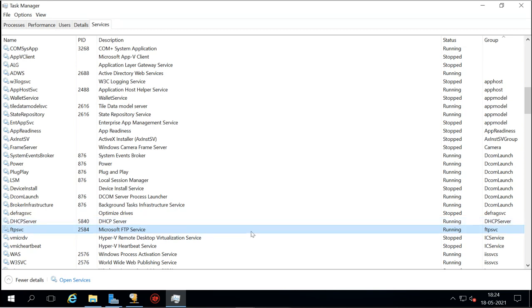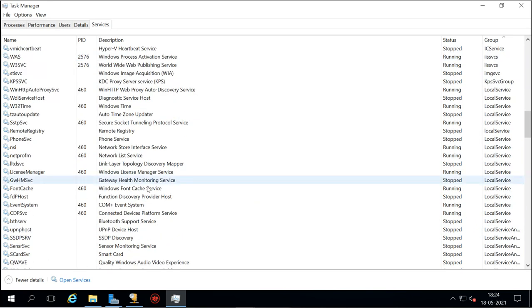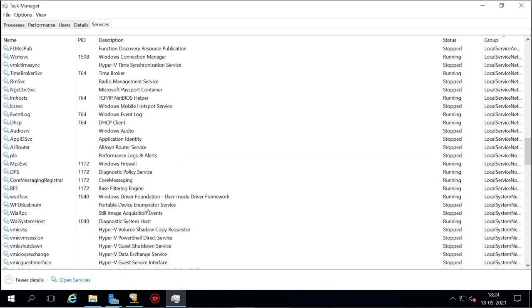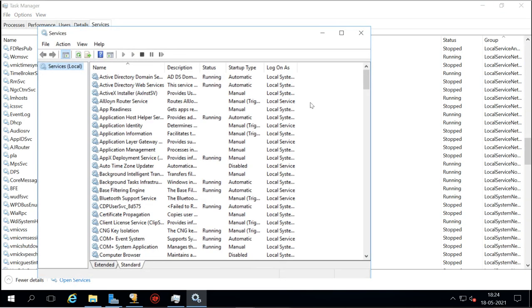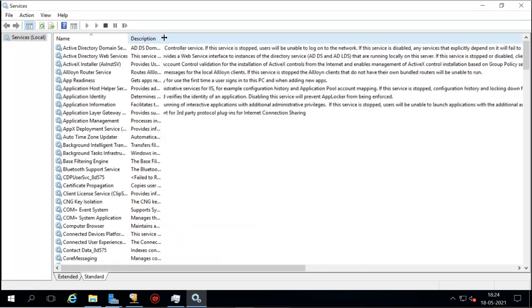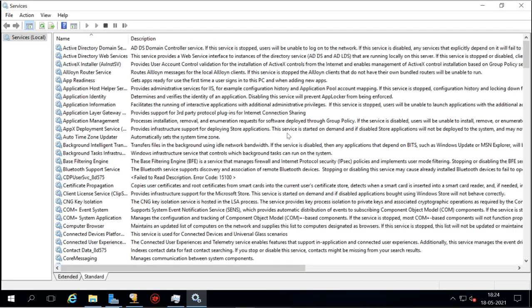Now if you see a service is running and you don't know why it is running, you can stop it. Or you can see more detailed services, go to open services here. Now here you will see the detailed information about the services, and you can see the startup type of the service. We can see the whole description of the service. We can see the extended view.